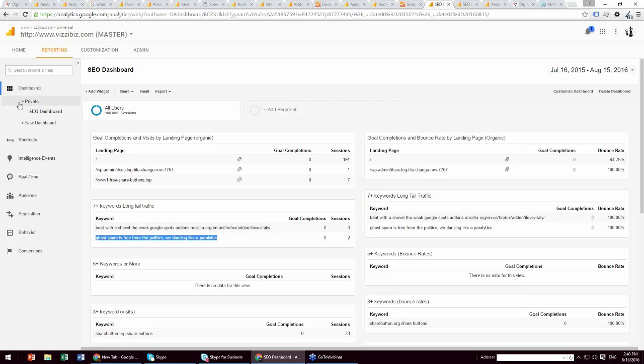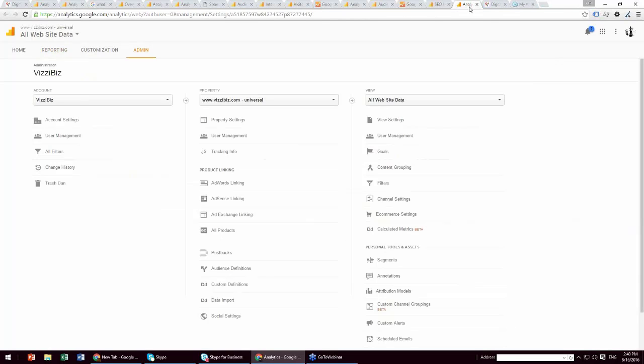Excellent. And the last thing from an administration perspective that we're going to look at, and it's really a sense checking measure, is user permissions. So user permissions are essentially who's got access to your analytics account. It works at a cascading level. What I mean by that is that if you allow someone to have full access at an account level